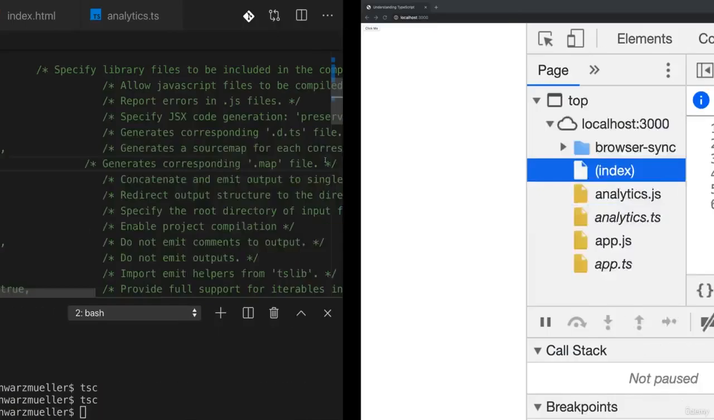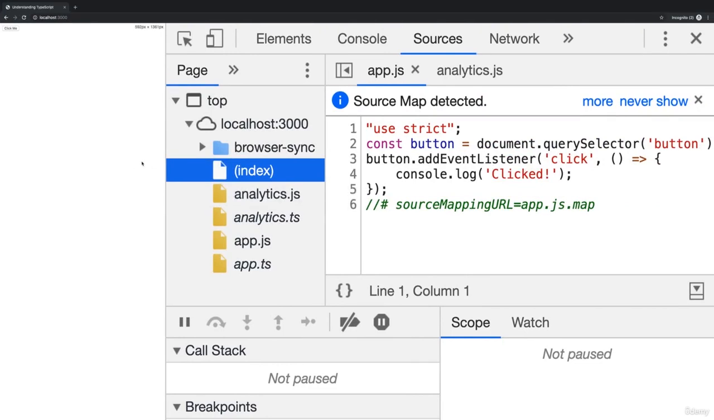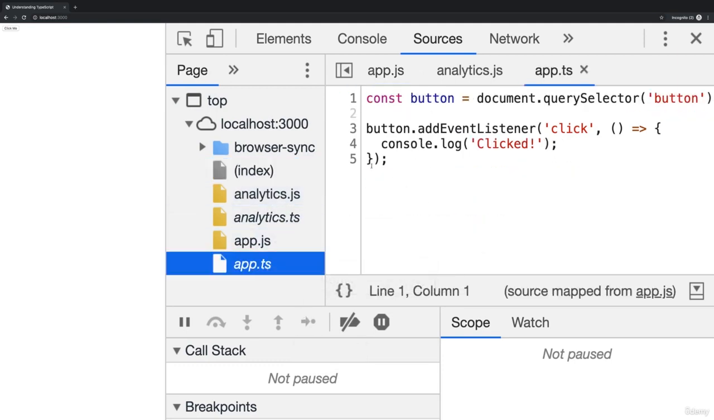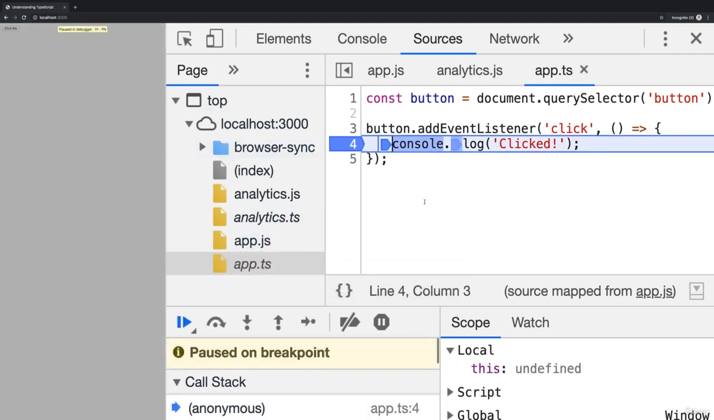files. So with these files generated, if I reload here, you see in the Sources tab, we now not just have our JavaScript files, we also see our TypeScript files there. And we can even place breakpoints in the TypeScript files. And if I now click on that button, for example, it pauses in the TypeScript file, which is of course